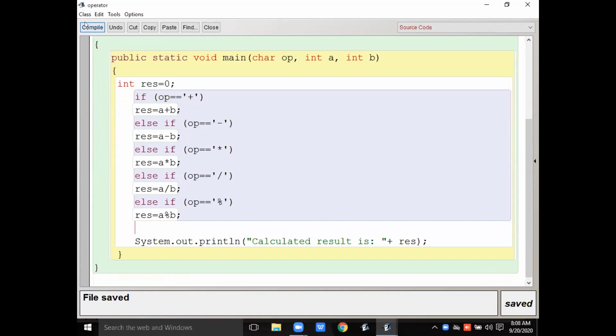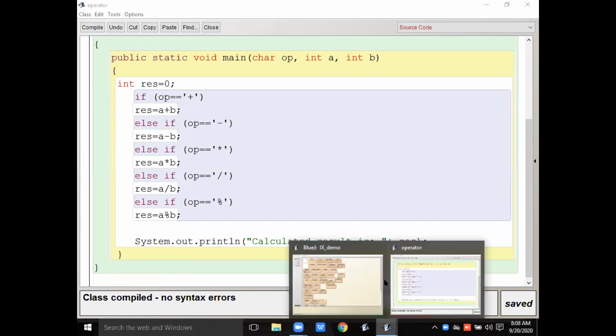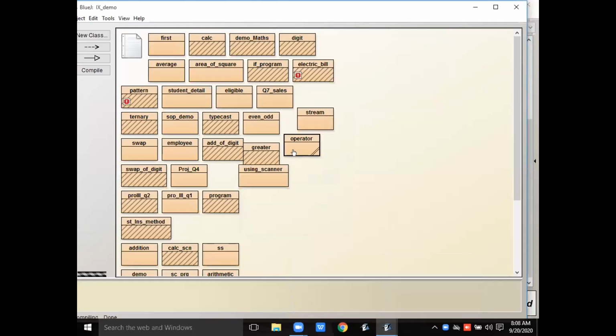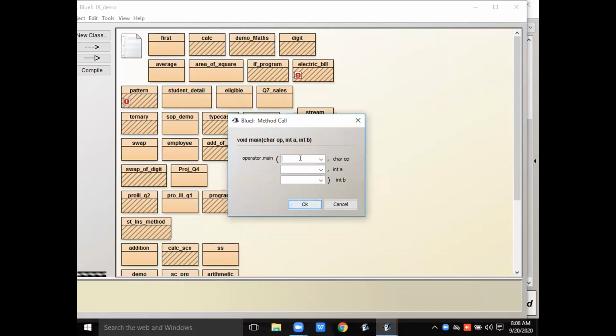Now see, compile. In the method call you have to remember that a character value is enclosed in single quotes. Here I'm giving multiplication in single quotes, then some values, suppose 10 multiplied by 51.